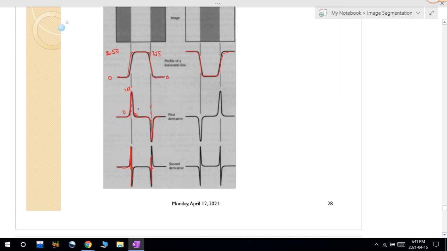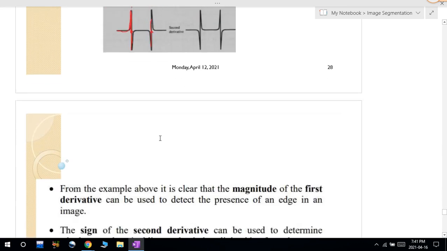So in case of first derivative, where these changes happen, this is called maximum and this is minimum. So in case of this first derivative, we will try to find out these maximum and minimum points. We can assume that at these maximum and minimum points, we will locate those edge points. But in case of second derivative, where this zero crossing happened, it is suddenly rising, then suddenly to 0, and from 0 back again. So this is called zero crossing points. Here in the second derivative, in these zero crossing points, we will try to find out the edges.